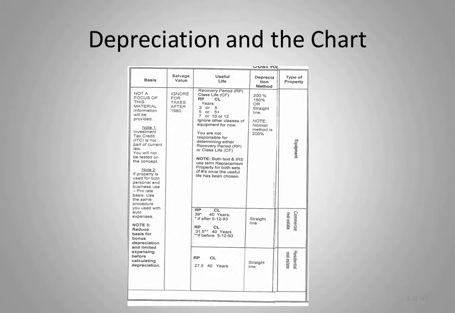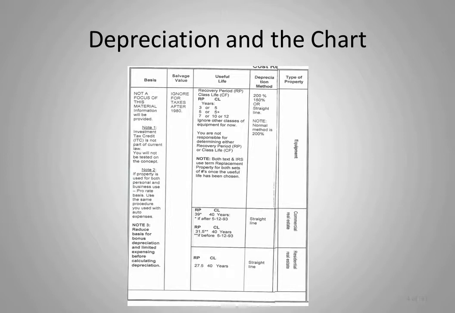So let's look at the first few columns of the chart just to get a quick overview of these topics. Some of them are discussed in more detail as we go through the PowerPoints. First, notice that the chart is divided into 3 sections: equipment, commercial real estate, and residential real estate. Each one of these you want to think of as a block topic because their rules are going to be